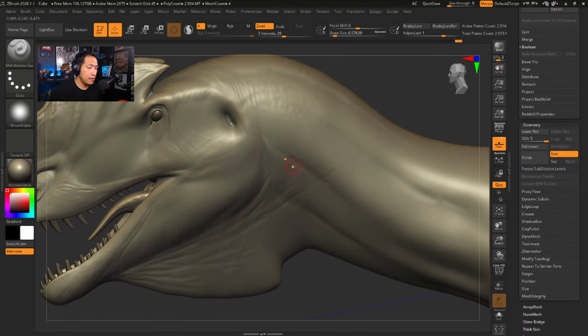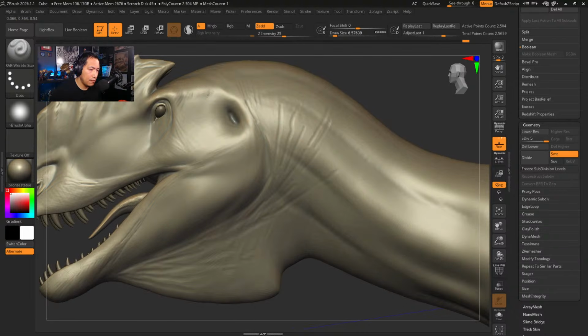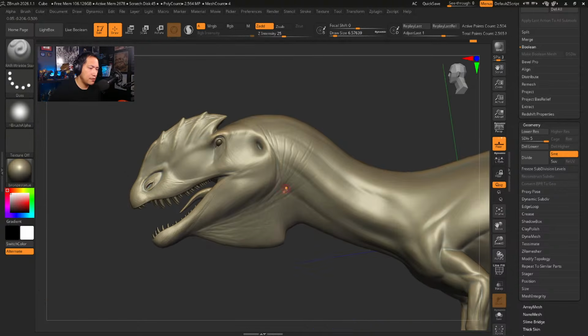So I'm starting, I'm just trying to map out a flow for this. Just trying to think of